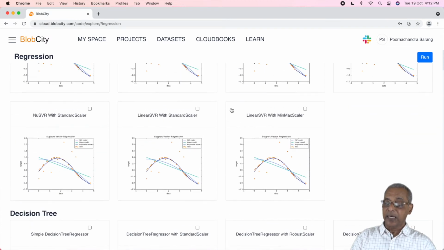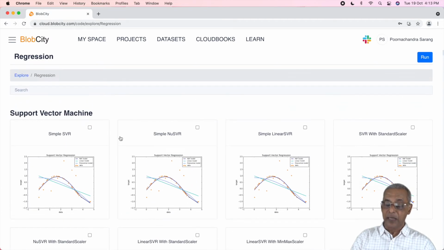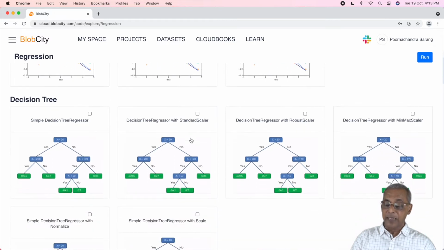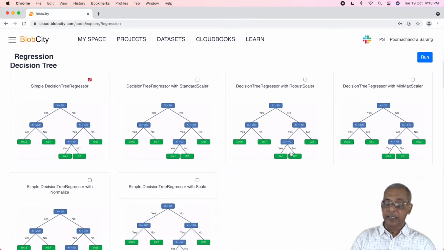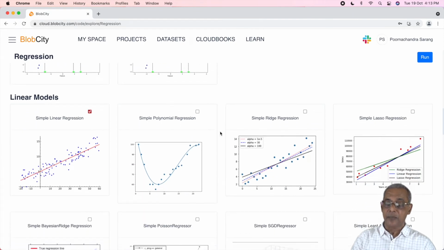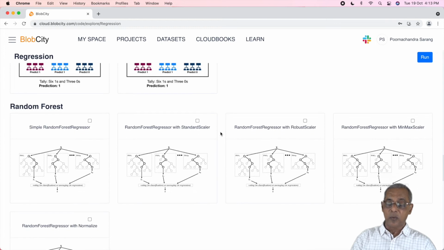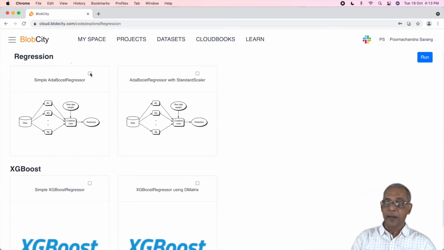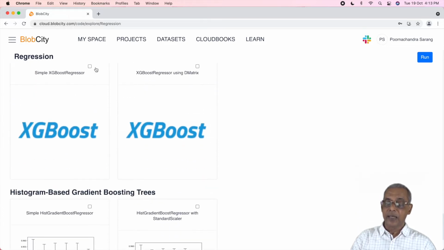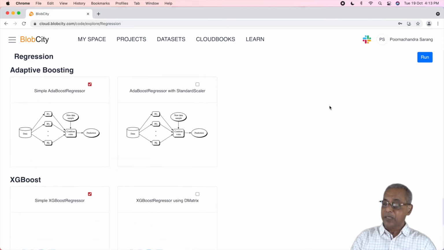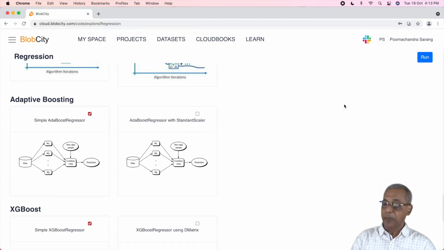Now I'm going to select certain templates here for my experiment. So let me start with say simple SVR. I select this, which I'm going to apply on my data set. Then I take decision tree. Then maybe I take simple linear model. Let me go forward. And then let's say I select adaptive boosting here. I select say XGBoost, right? So like this, whatever templates you want, you select it for your experiment.